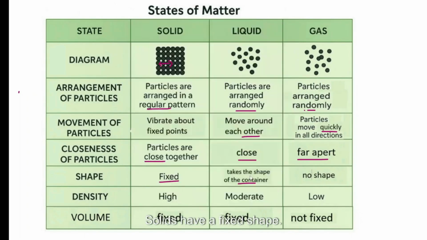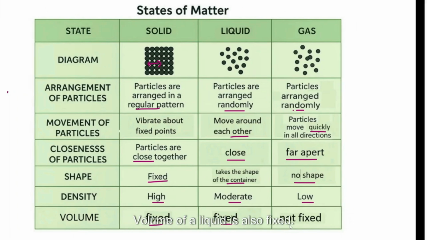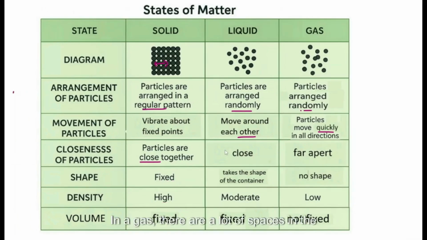Solids have a fixed shape. Liquids take the shape of the container. Gases have no surfaces, so there is no shape. Density of solids is high. In liquids, it's moderate and low in gases. Volume of a solid is fixed. Volume of a liquid is also fixed. In a gas, there are a lot of spaces in the middle, so it can be compressed, so it is